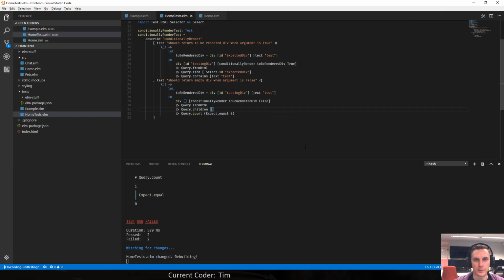And if I leave my selector empty, what does it return? All? Yes. So an empty selector returns all the things. Okay.